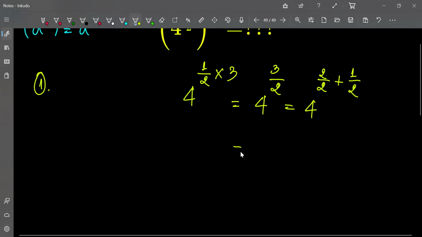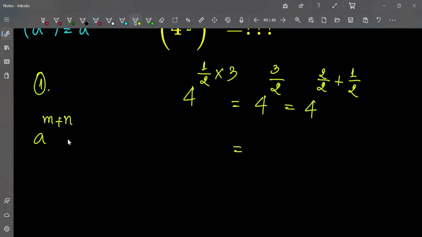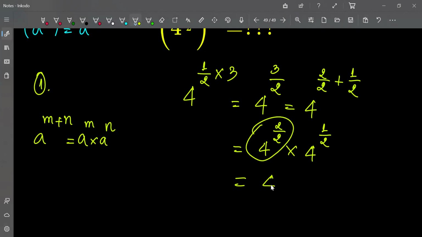And then we use the power rule: A power m plus n is equal to A power m multiplied by A power n. So now we get 4 power 2 over 2 multiplied by 4 power 1 over 2. And this we get 4. And for the power of 1 over 2, it is the square root of 4, because of the rule A power m